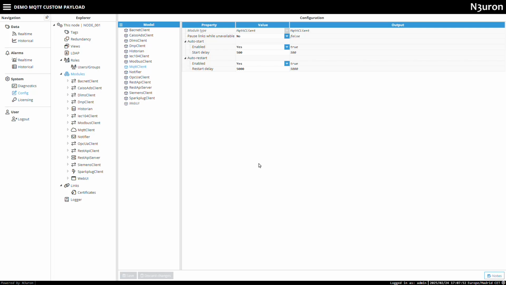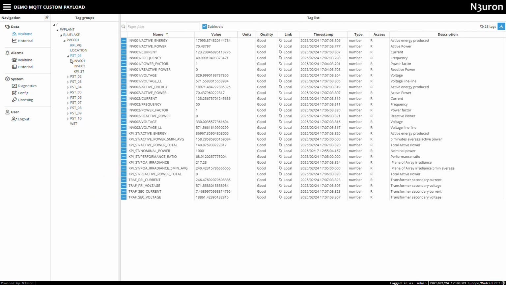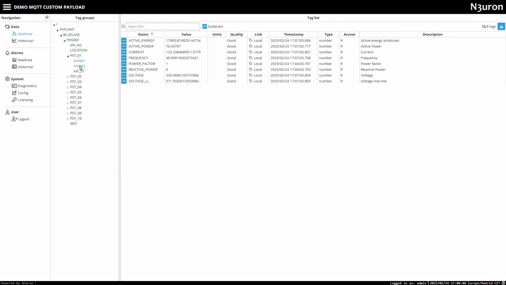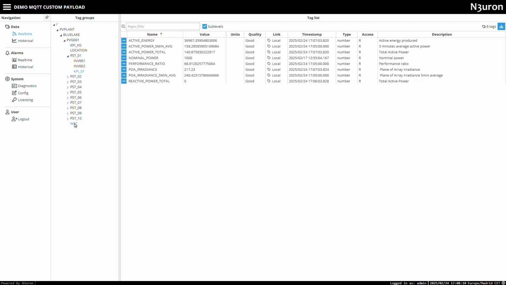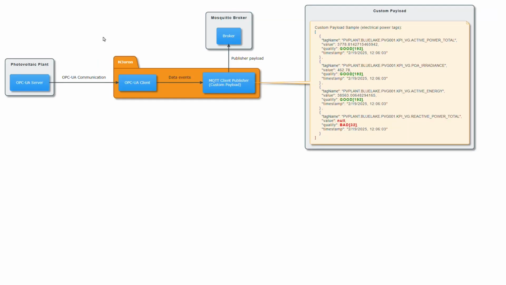First, let's walk through our objective. On the screen, you can see we're receiving real-time data from an OPC UA client subscription connected to an OPC UA server at a photovoltaic plant. As depicted in this diagram, our goal is to format the MQTT publisher payload for all the events generated by